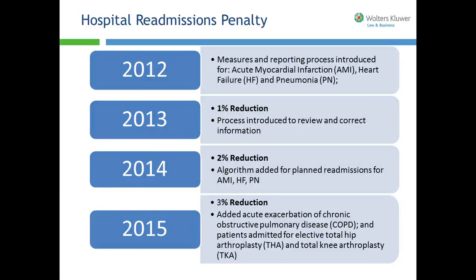Another penalty that you've heard of is the hospital readmissions penalty. This is being exacted onto acute care hospitals who have a high rate of readmissions. CMS has estimated that potentially avoidable hospital readmissions account for, get this number, $12 to $17 billion annually. Then to combat that, CMS is introducing and sequentially expanding the readmissions penalty, which affects the operating portion of the